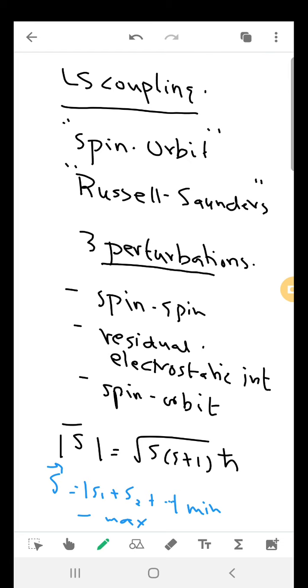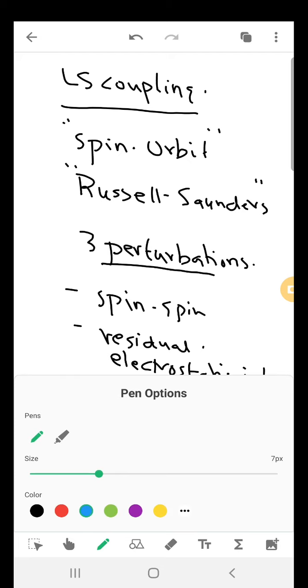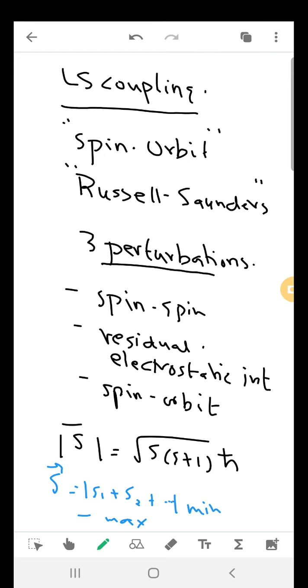So the values of S will be the vectorial additions between the minimum and the maximum, all the possible values of S. Now the states with different S will have considerable energy difference, the one of the highest S being the lowest energy. So the highest S will have the lowest energy,